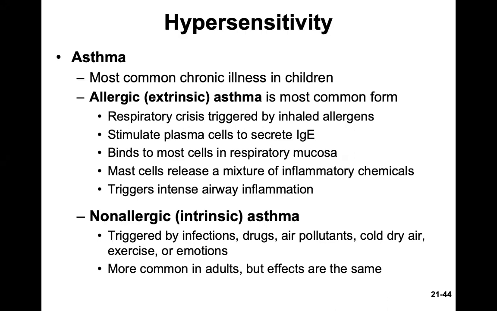You have your allergic asthma, which means that your body responds to something outside of yourself that is extrinsic. This one is the most common form, as it says. So what happens, like I mentioned, you have the external allergens, the things that the person is allergic to in the environment, they inhale it, and it starts to trigger reactions in their body. So some of their plasma cells start to secrete parts of the immune system. It's IgE,